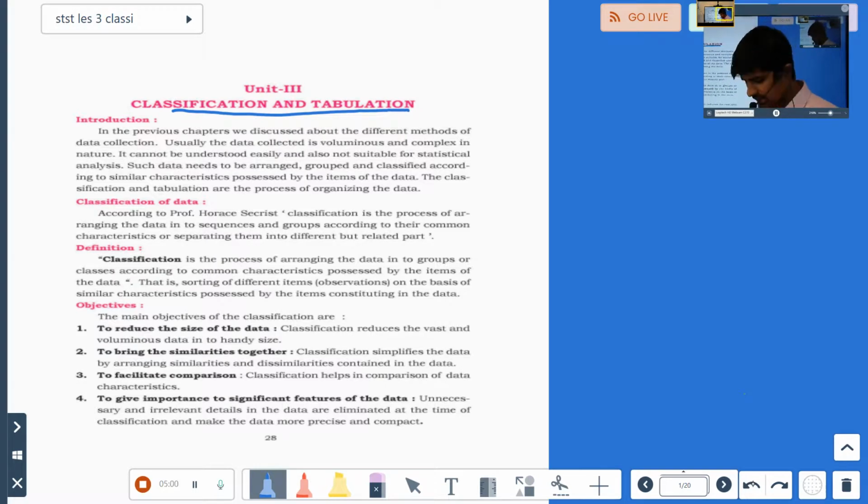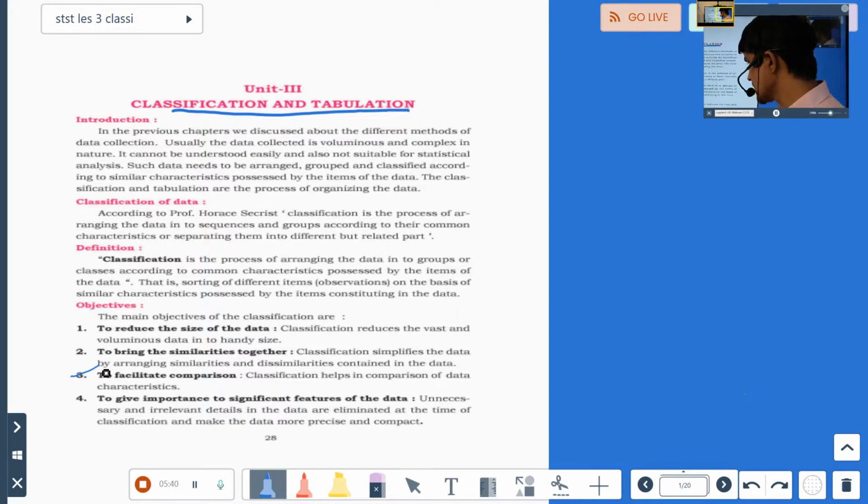To bring the similarities together, yes, you can arrange similarities and dissimilarities on one side. All chalk pieces will be on one side. All marker pens will be on one side. All ink pens will be on one side. All ballpoint pens will be on one side. See, you're bringing similarities under one head. Now you'll compare them. All types of ink pens will be there, and in that you again have different types of ink pens. Calligraphy pens are there. Writing pens are there. 0.5 mm pens are there. 0.7 mm pens are there. So there are different things. Again, they come under comparison or similarities.